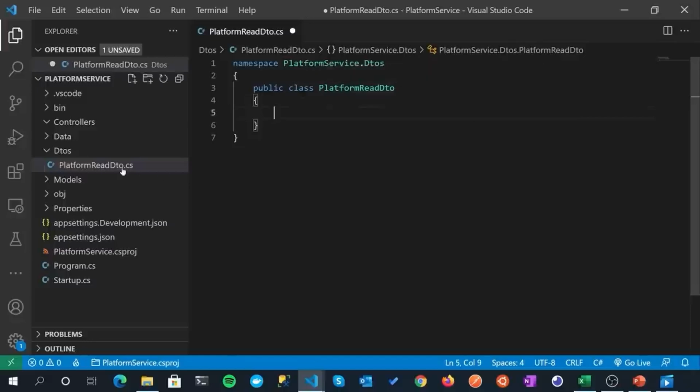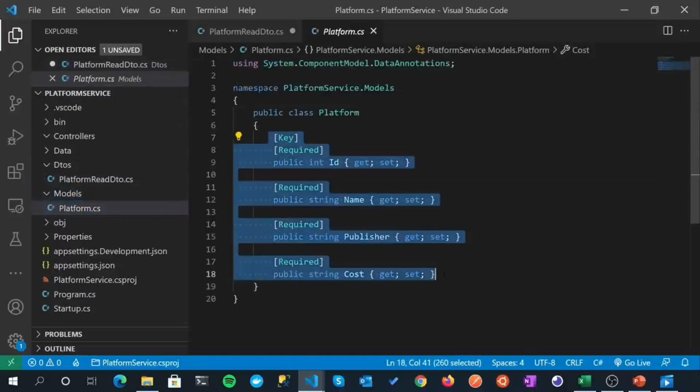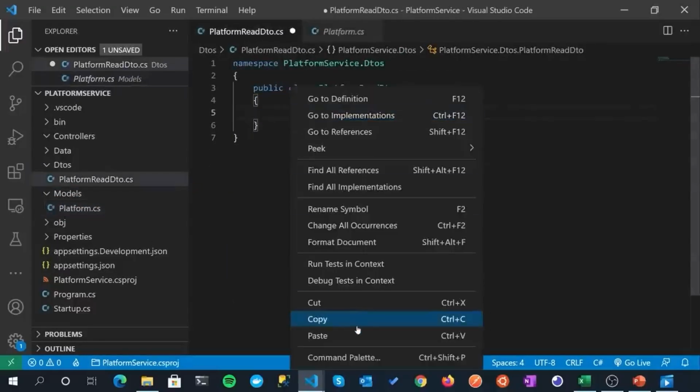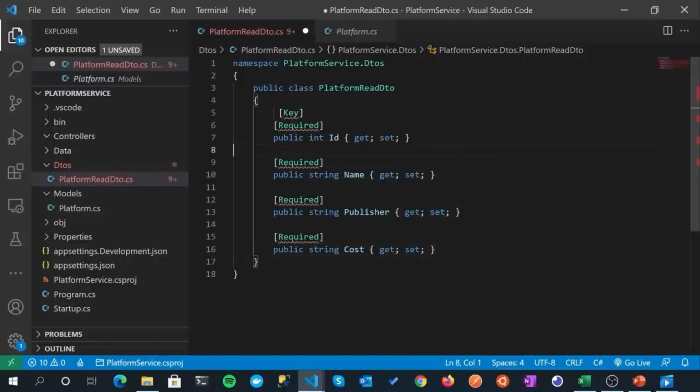That looks good. Now what I'm going to do is come over to our models folder, into Platform, and copy all of our properties. I'm going to paste them in here. Now I don't mind copying and pasting in this instance because I've already typed this code out and I'm sure you don't want to see me write it out again. So let's take a look at these properties and think to ourselves, when somebody's reading data from us, is it conceivable that we would want to give them the ID of our platform object? Yes, we absolutely would. Would we want to give them the name? Yes, we would. Would we want to give them the publisher? This is where it starts going into, well, it depends what the intention of our API is. In this case, we're going to give it to them.